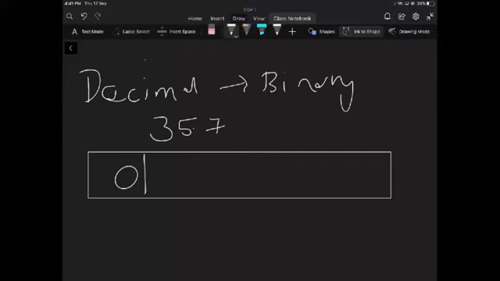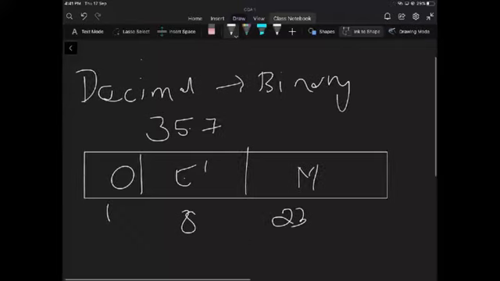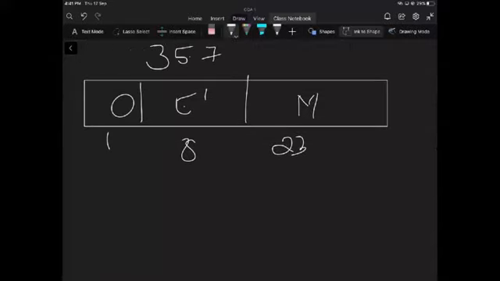It is very similar to the sign bit, then the exponent bits, and this is a 23-bit mantissa. So E dash is the exponent, and this is the mantissa. We have already discussed this representation, and it can be called normalized if it can be written in binary. 35.7 can be written in binary as 1 point